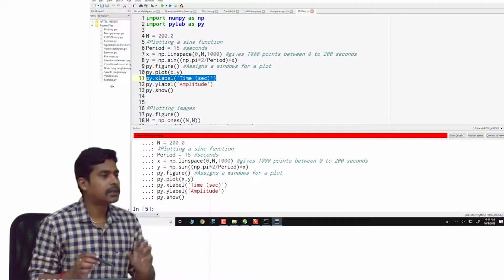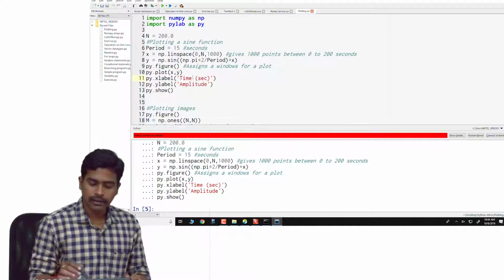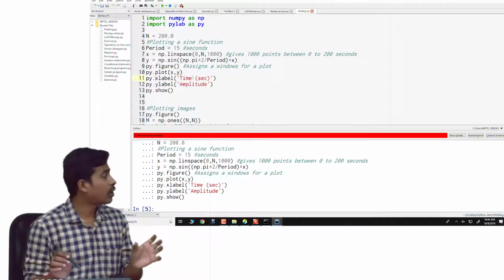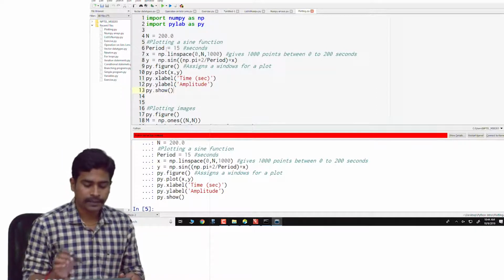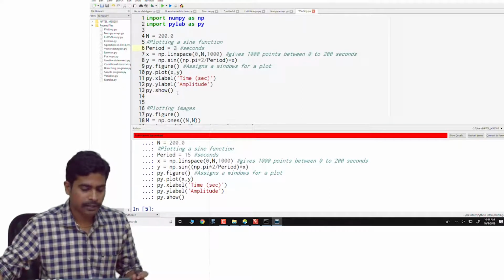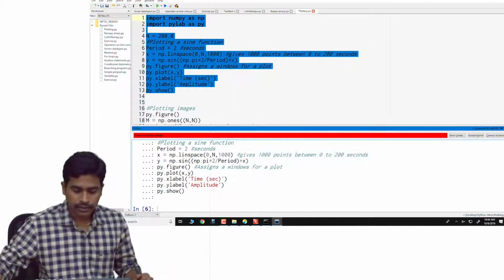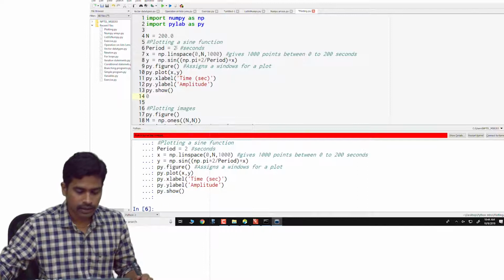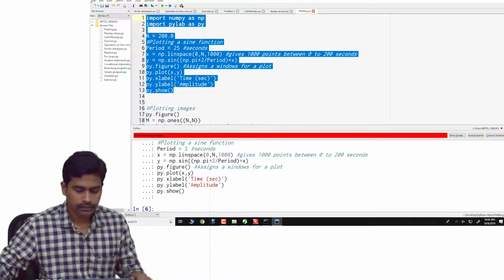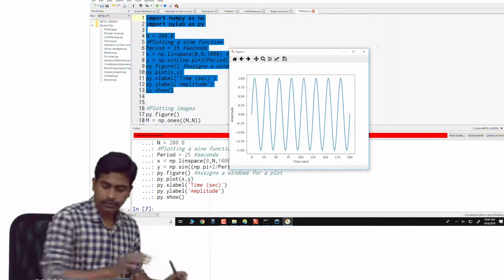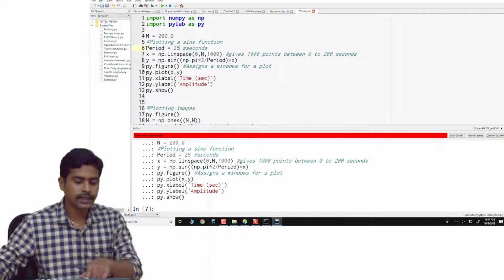And if you want to give the labels for the x and y axis, for example, what is the x axis and what is the y axis, you just have to say using this command. In this case, I am plotting a sinusoid with respect to time. Okay, and the y coordinate is the amplitude of the sine, and if I increase or decrease the number of periods, it will be reflected. Yeah, this is the time period in seconds.